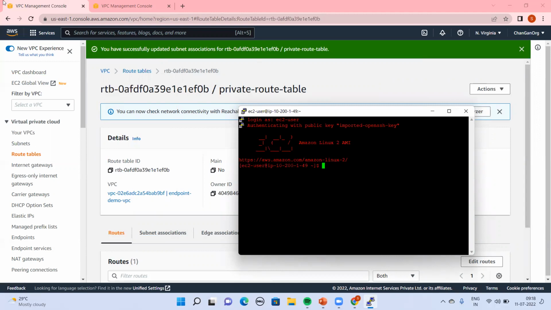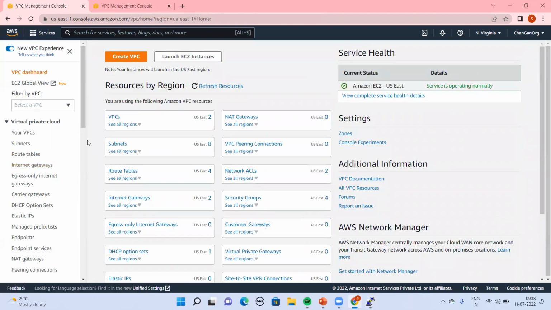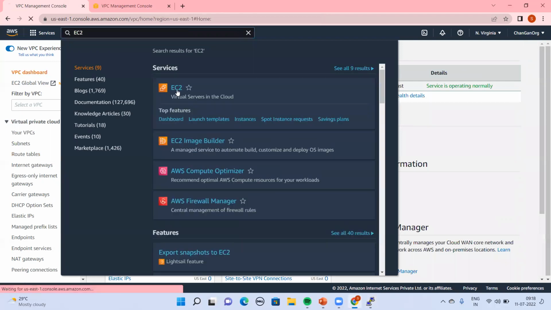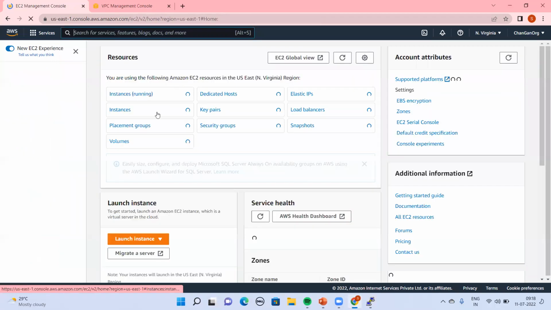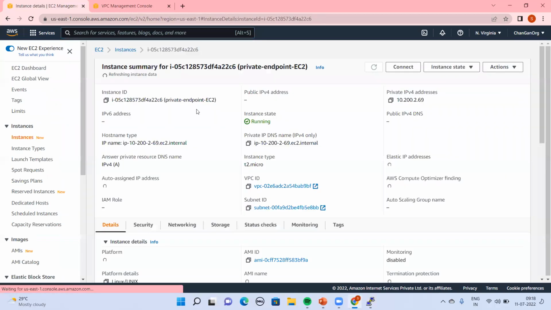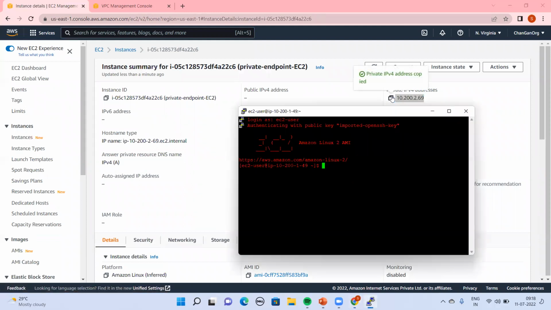So now we are going to go for another. We are going to access the private subnet. Okay. So private subnet. Instance is running. So we are going to get the IP address of the private endpoint. It will not have a public IP address. So I'm going to use this one. This is it. EC2 user @